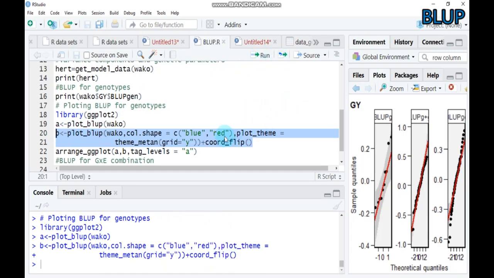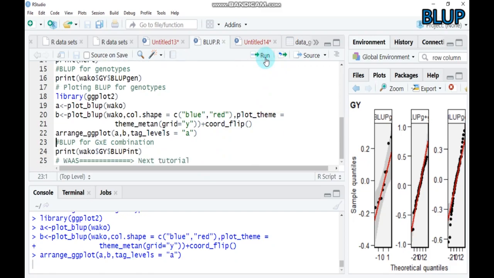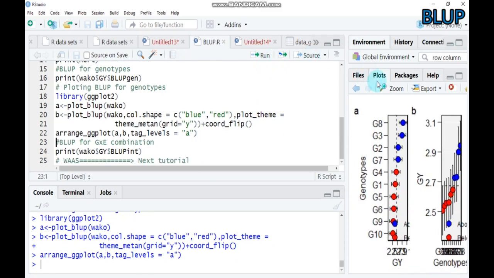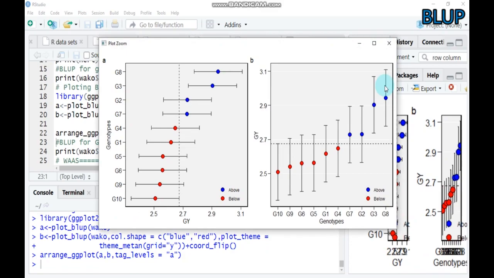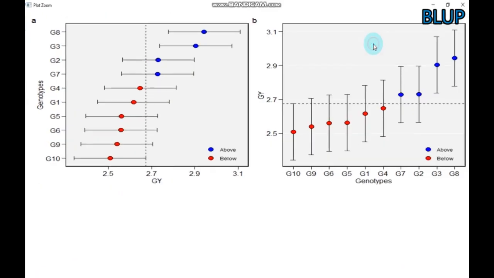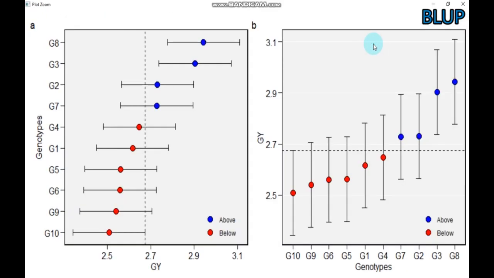So let's arrange both plots together. For example, ggarrange A and B, and the tag labels as A and as B. So type this one and run. You will get this result. So based on this result, for example,